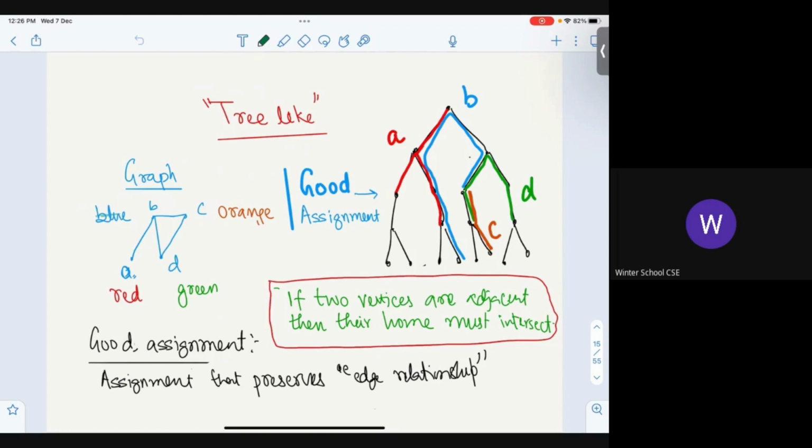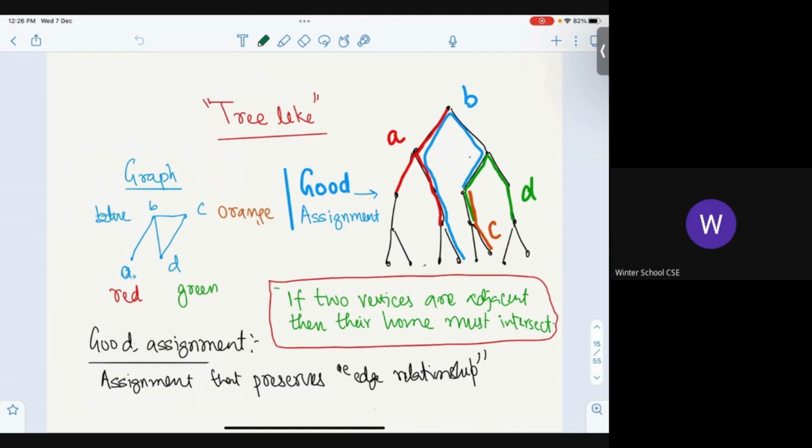If some vertex of my tree is used too many times, is part of too many homes, it is too congested, right? So that's another definition. I'm not saying that is the right definition. I'm just saying this is yet another definition that we could define. And it makes more sense because just now you said congestion, a lot of things are passing through, then things become much more difficult to move around, right?